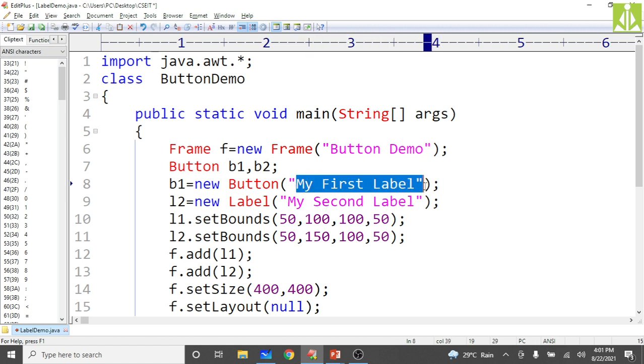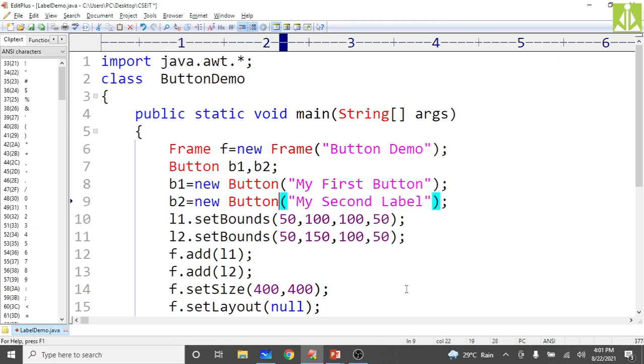So instead of my first label, you can print my first button. Make it the same here: b2 is equal to new Button of my second button.